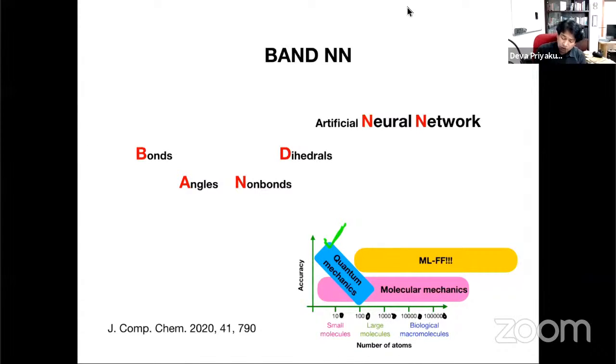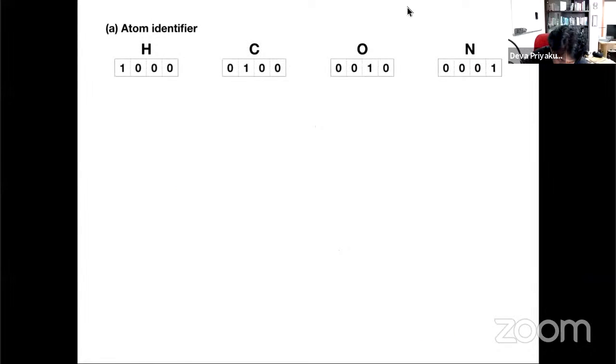Okay, but now the idea that a large number of groups are working on is to see if we can come up with a machine learning based potential energy function, or a machine learning based force field, right, which is as cheap as molecular mechanics. It is computationally still not so difficult like molecular mechanics, but in terms of accuracy, it's more accurate than molecular mechanics. That's the whole idea. Okay, so this is the work that we did.